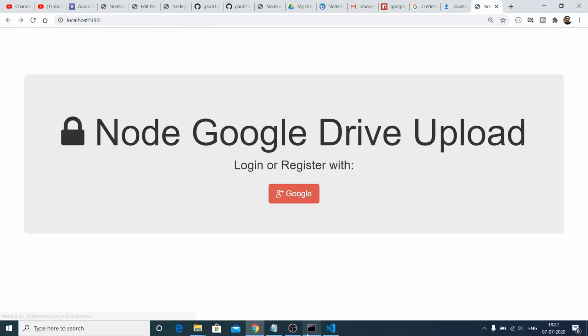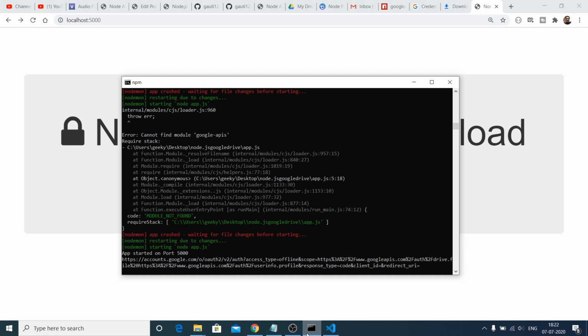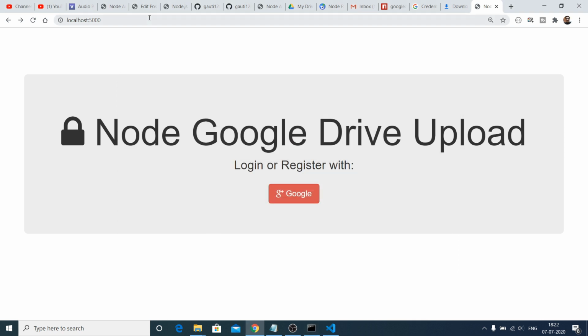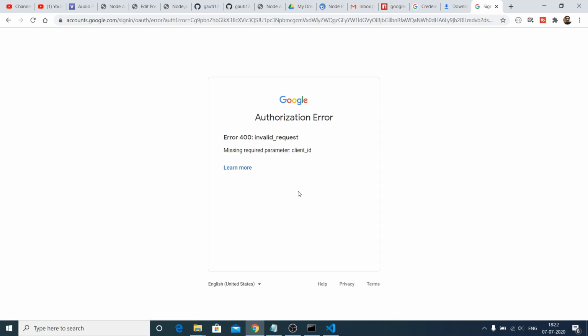So let me just refresh it. If I click this button once again here, it is telling me that missing required parameter client ID.